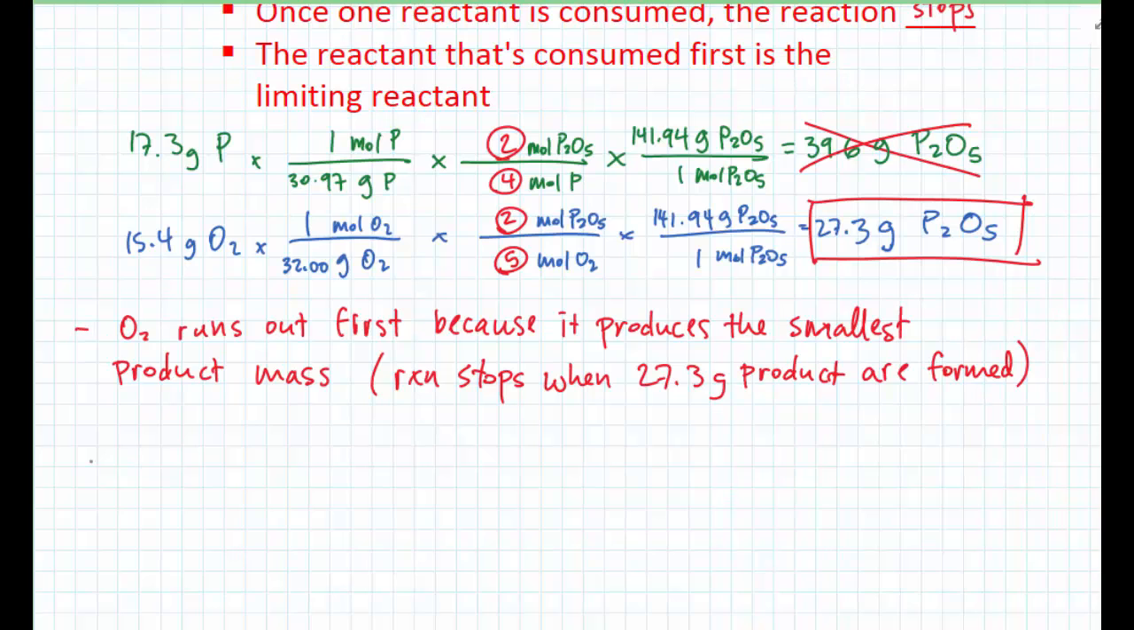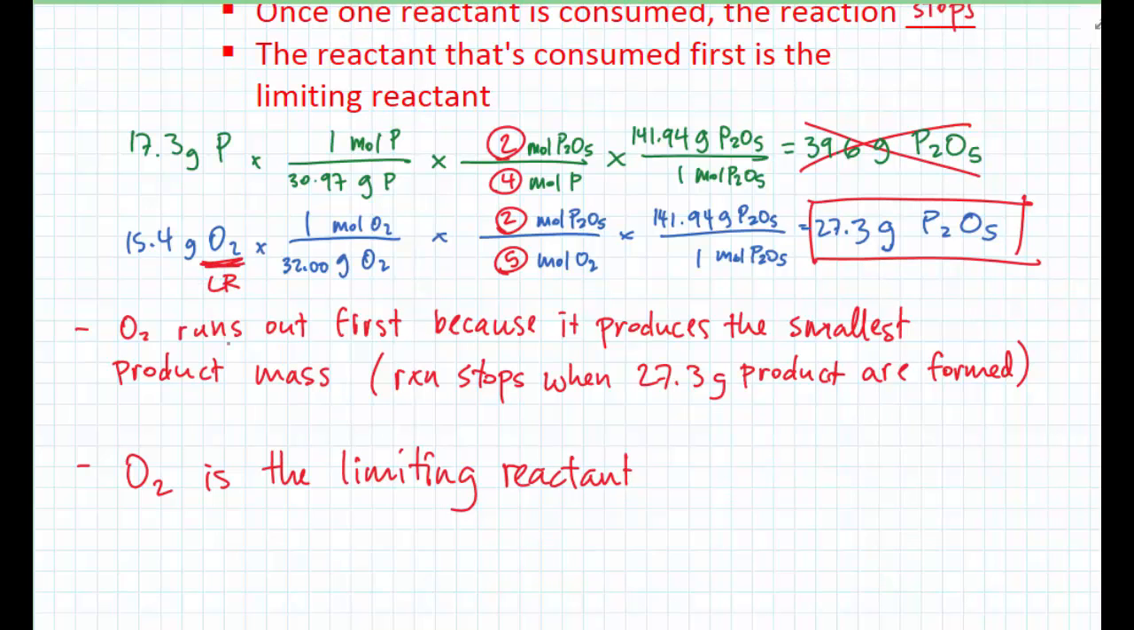Another way of saying this is that O2 is the limiting reactant. O2, that's right, LR under it there. O2 is the limiting reactant. We know that specifically because we calculated how much product could be formed if all of that O2 were used up. And we did the same thing for the other reactants. The O2 is the one that made the smallest amount of product, which means that will be the first one that runs out. Remember, we're starting with 0 grams of product. We're building up product, and as soon as we get to 27.3, that's when O2 runs out,